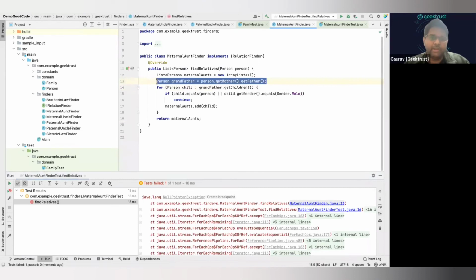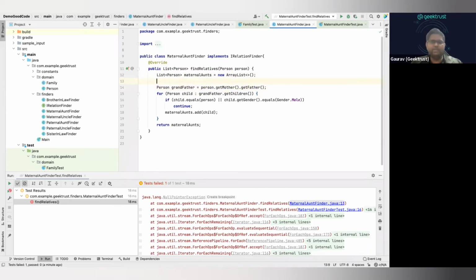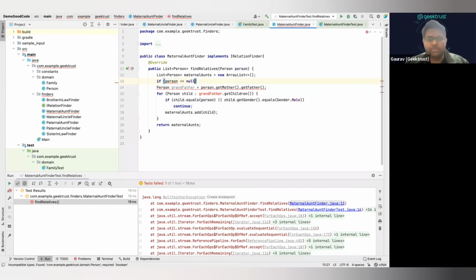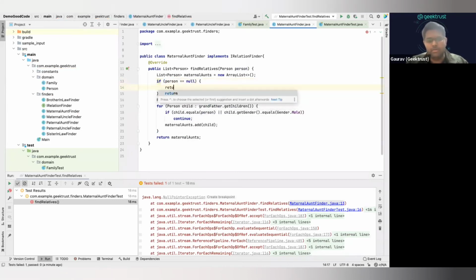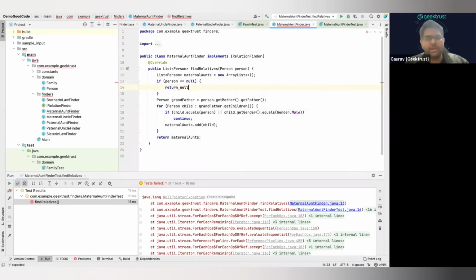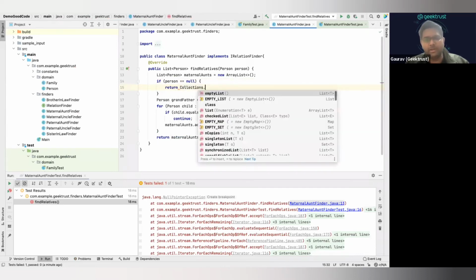Okay, so it says the null pointer is coming from this. What could it be? Because we are passing the person object as null and it's trying to access a method on the person object, it's giving me a null pointer exception. How can I fix this? I can quickly add a check. So I can just check if the person equals null, return. So I can actually return null here, but I don't want to return null